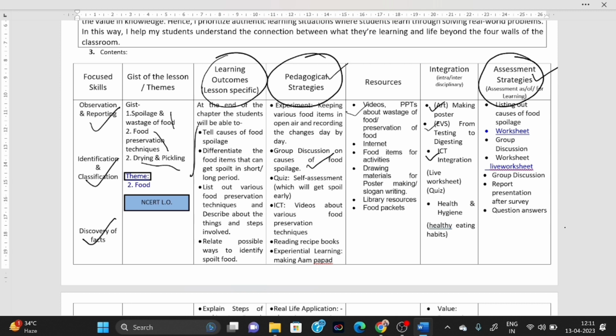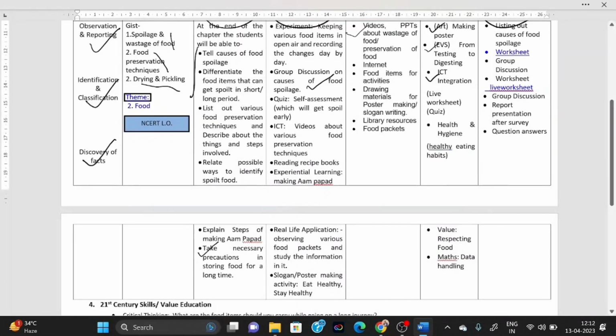With health and hygiene, which is called transdisciplinary integration, we cover healthy eating habits, and we can also inculcate values like respecting food. We can also integrate with maths in data handling, because while doing the real life application activity, students